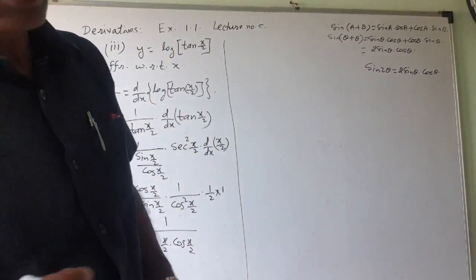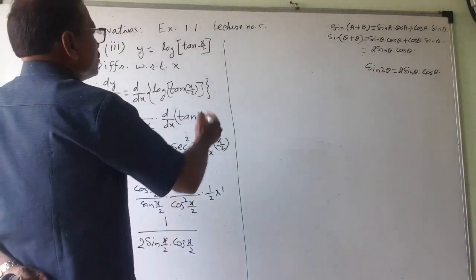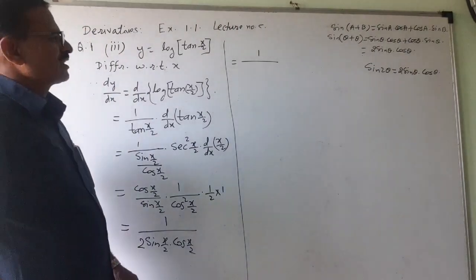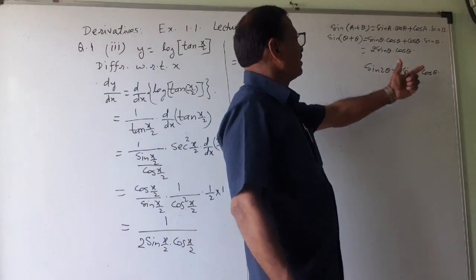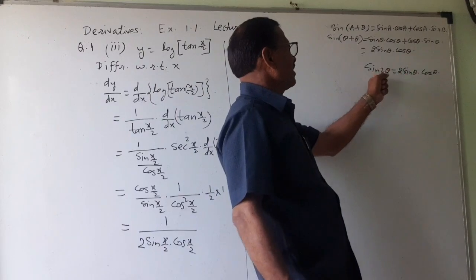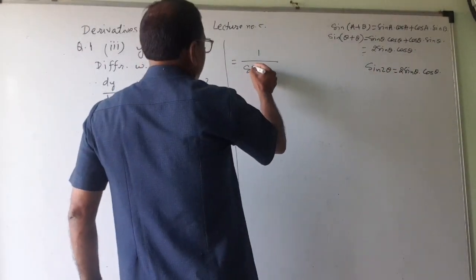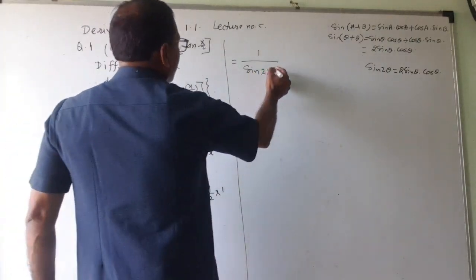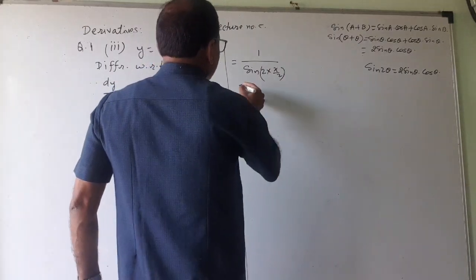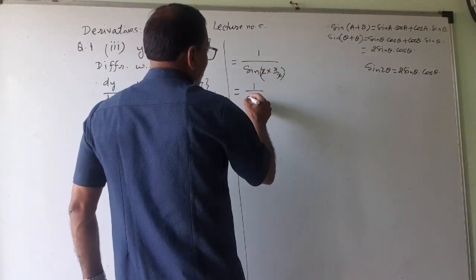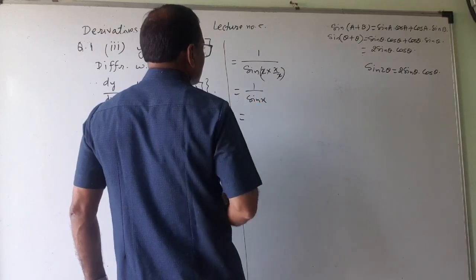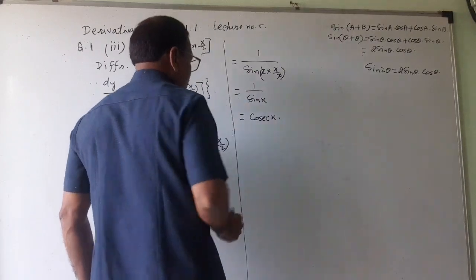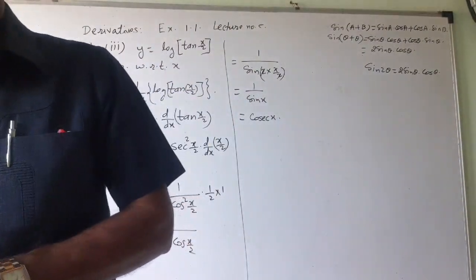So many times I want to go on revising the formula. So this is equal to 1 upon, see these, 2 sin theta cos theta. So exactly it is fitting in this formula. This I have got. So from this I can make this sin 2 theta. Sin 2 into theta is what? X by 2. X by 2. These 2 cut. That is equal to 1 upon sin x. And 1 upon sin means cosec. So cosec of x. This will be the answer for this. Hope that you have understood this.